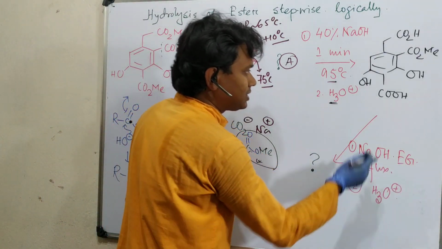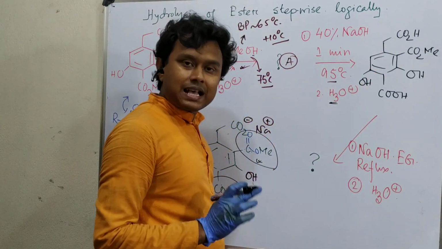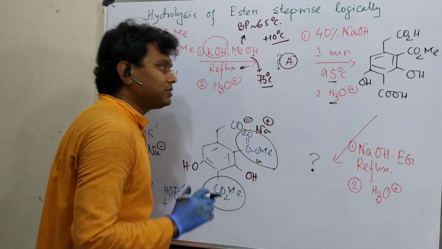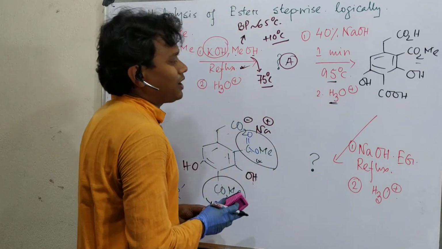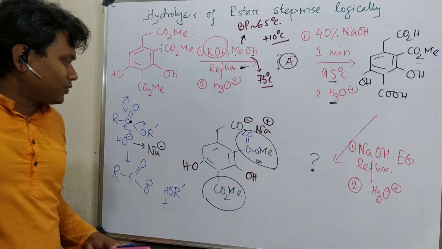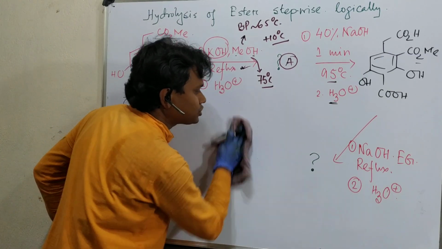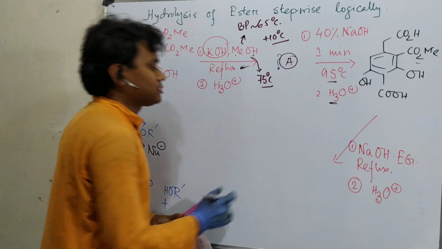Sodium hydroxide, ethylene glycol. Similarly, similar thing. First, these protons, because they are acidic protons, there is a chance that this OH will remain in equilibrium. And ultimately only one is left. So simple question, who will be hydrolyzed here? So the last one will be hydrolyzed, and what will it result in?